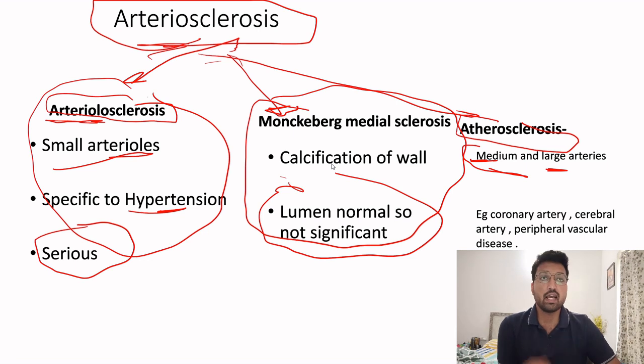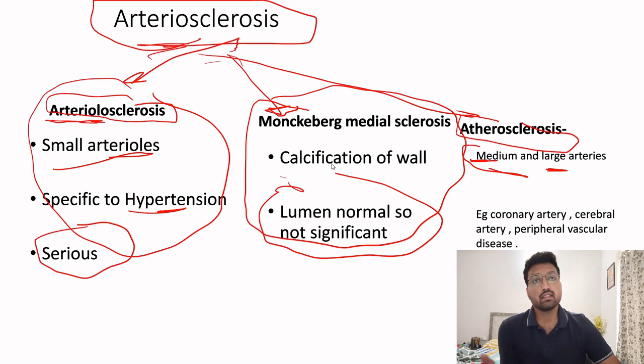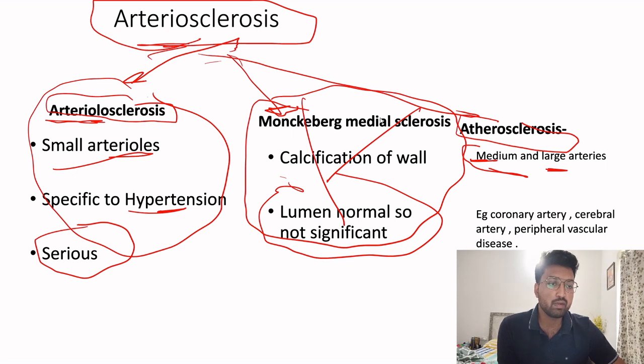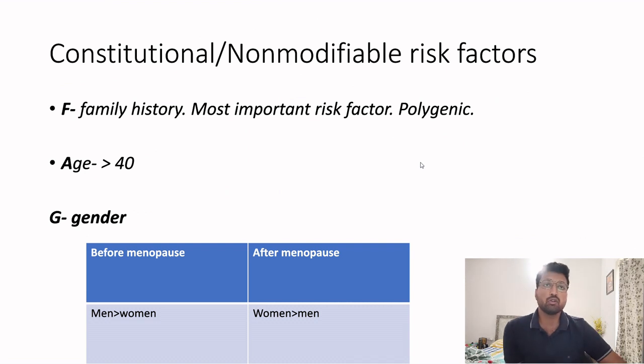But when we're talking about atherosclerosis, the plaque formation interrupts the lumen of the vessel, which is why it results in an MI. So only arteriolosclerosis and atherosclerosis are important. This is not very important clinically. In this topic I will be talking about medium and large artery involvement, that is, atherosclerosis. So this video is only about the risk factors. I will be talking more about atherosclerosis in the next videos, but now we are just focusing on the